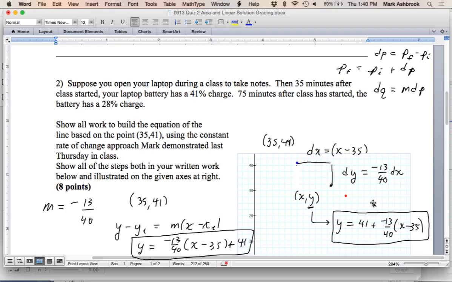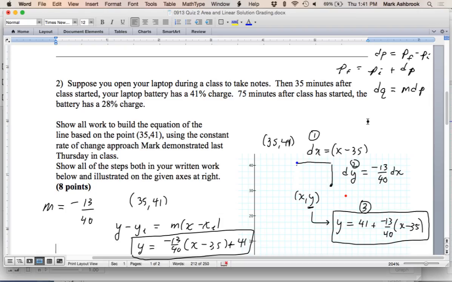I can't read your mind perfectly, but there's a chance here if you follow these: change in x, resulting change in y using constant rate of change, and then y final equals y initial plus the change. At least there's a chance that you're thinking about where this point comes from, where this resulting xy point comes from, rather than just, I know this formula, I'm going to put things in the right place. Okay, so I just wanted